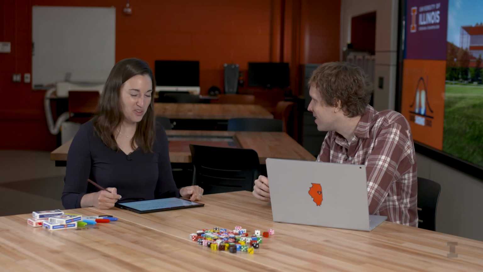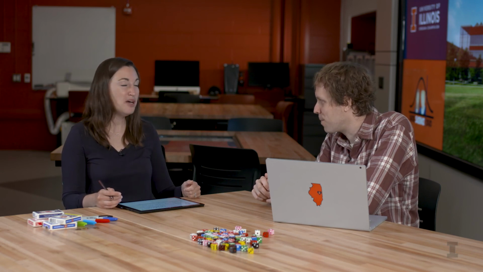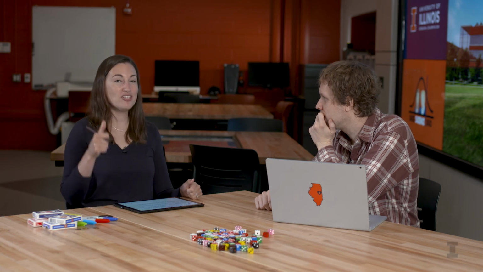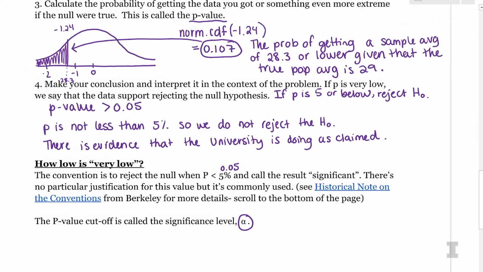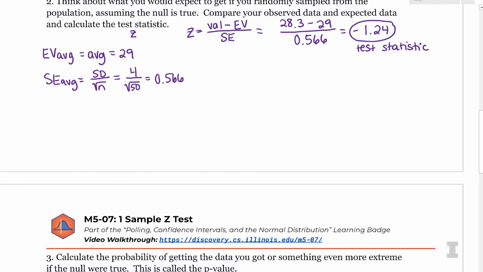Awesome. So one question. What if we wanted to get more evidence to suggest whether or not they're cheating or not? What would we do to improve this? Ooh, so the first thing that I think of to improve this hypothesis test is to sample more people, because we know that bigger sample sizes are better since our goal is to make the population and the sample as close as possible. So if we look back to the standard error formula, if n gets bigger, we're going to decrease that standard error, and then we're going to have less error and a more accurate test. So if we double the number of people we're able to sample, that might help us out. Yeah, for sure. Awesome.